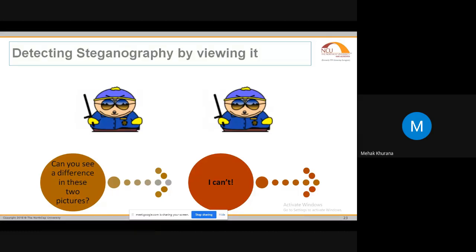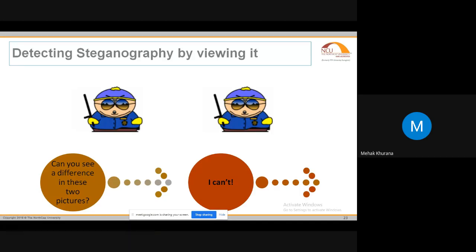The major challenge is to stop the file size from increasing. Yes, exactly. This is also one of the challenges, as mentioned by the sir, that we do not want the size to increase. But whenever we are adding information to the image, the size of the image will increase. If the left side image is 2 MB, the right side image will be of greater size, like 2.5 MB. The size will increase because I am adding something to it.